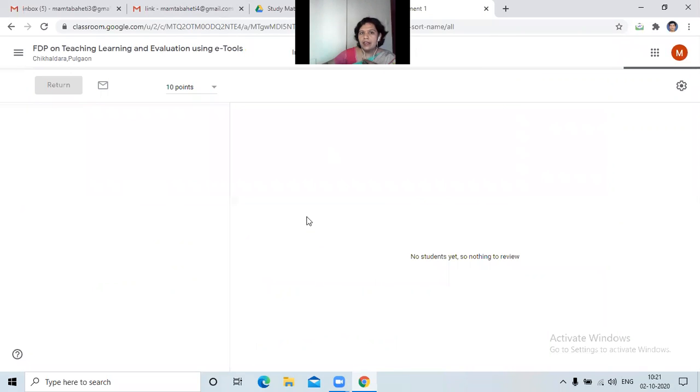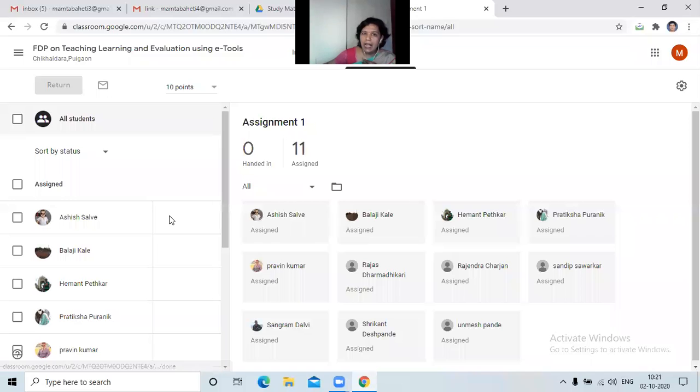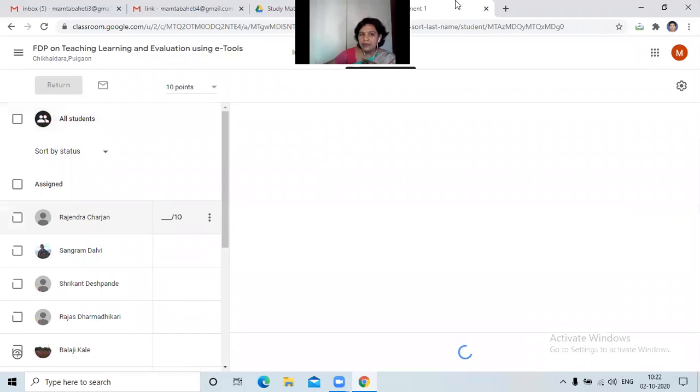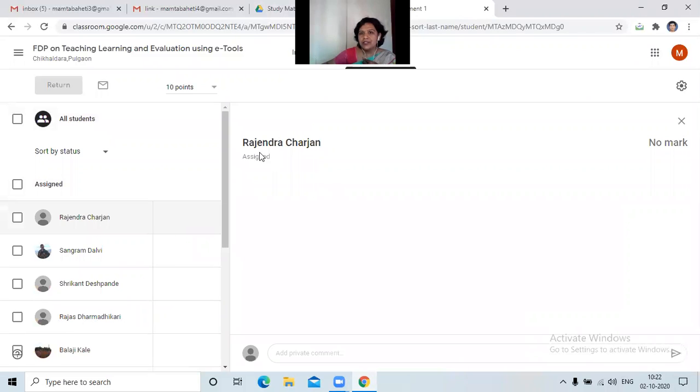Okay, and when I click on this, you will see all the names to whom the assignment is assigned. When they complete it and hand in, then the particular count will be shared here, and then I can manually put the marks over here. I'll show you how to evaluate these assignments. So right now I have shared one with you. As per your convenience, you all please write something or just post it and click on the hand in option so that we can make the assessment and I can show you the assessment of it. So see here we have made it 10 points.